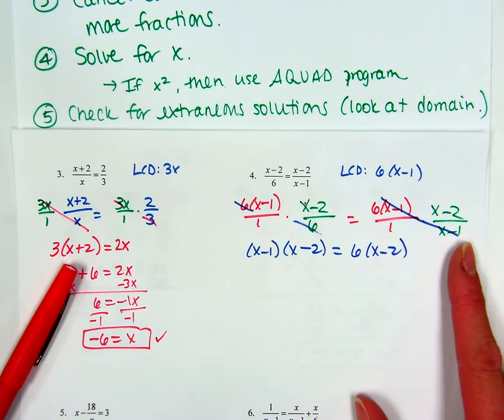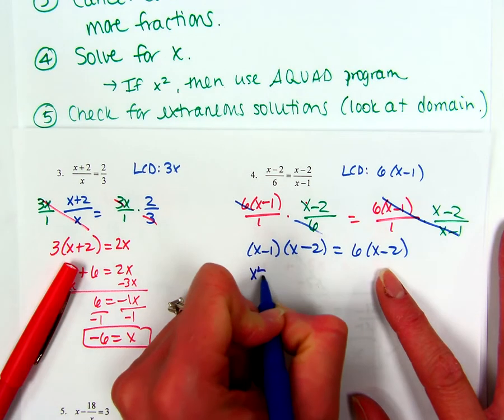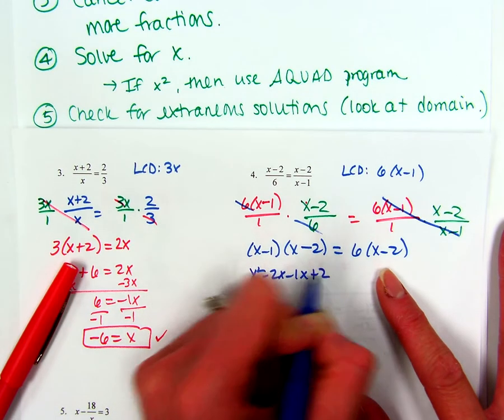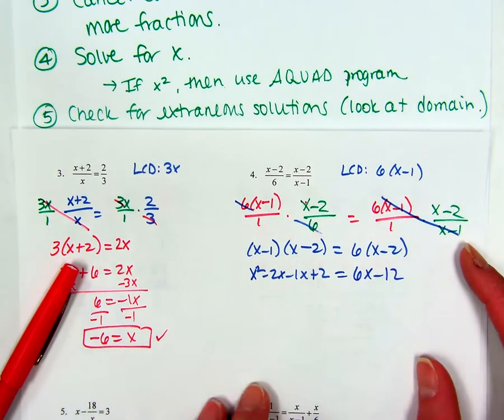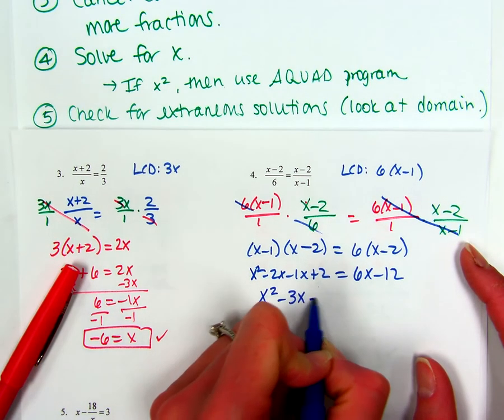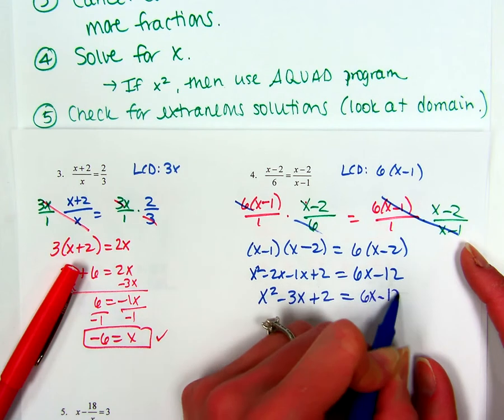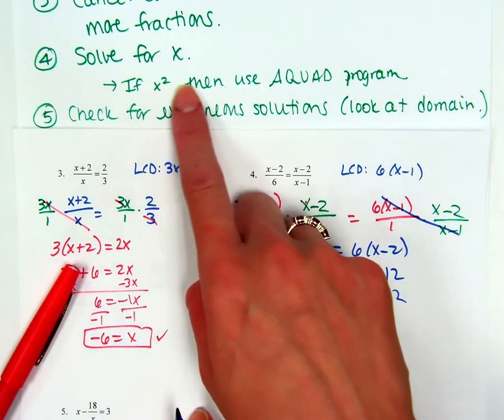So now when you solve, here you need to FOIL. So you get x squared minus 2x minus 1x plus 2. Here you need to distribute. Okay, so if you FOIL and add together common terms, you get x squared minus 3x plus 2 equals 6x minus 12. So now in this problem, notice that I do have x squared in it,